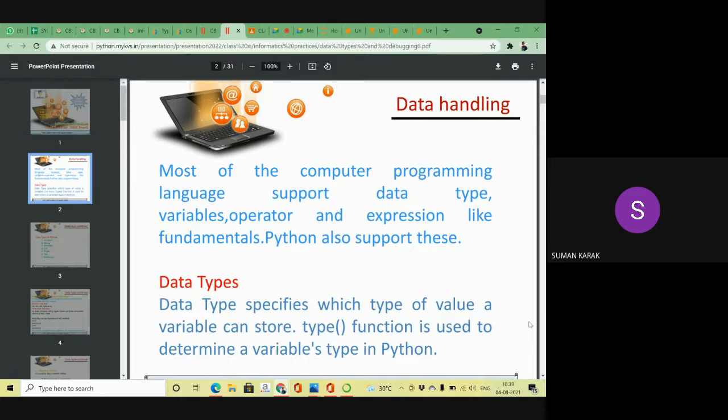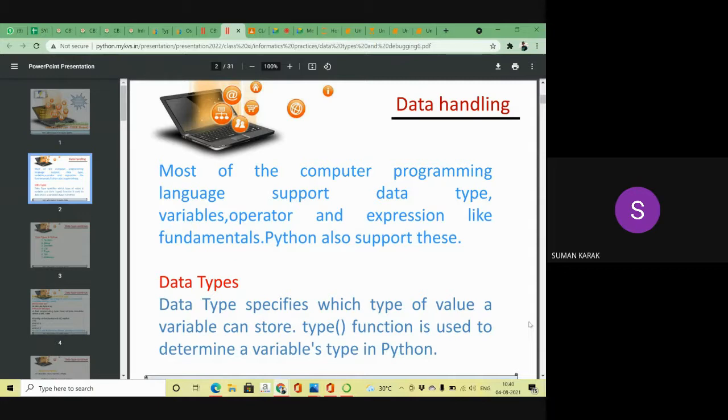Most computer programming languages support data types, variables, operators, expressions, punctuators as fundamentals, and Python also supports them, because Python is also a programming language.